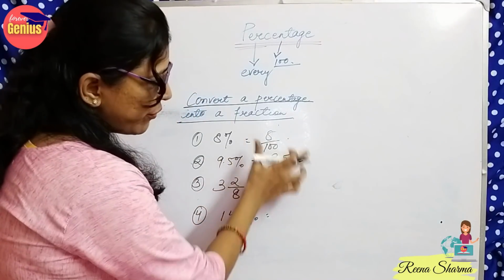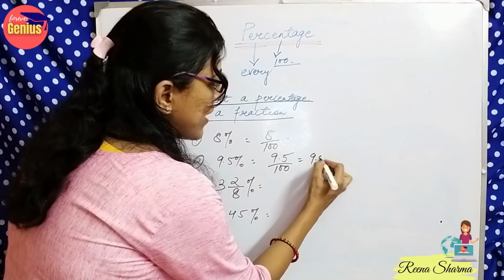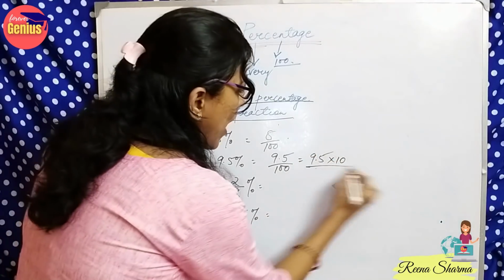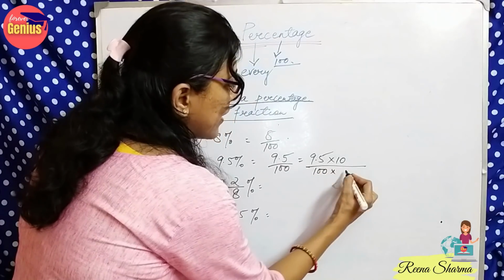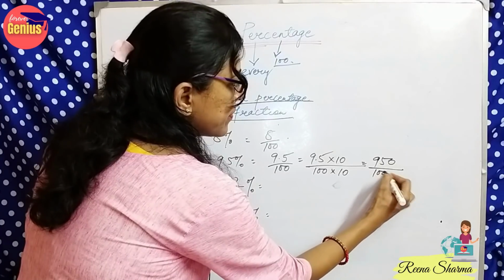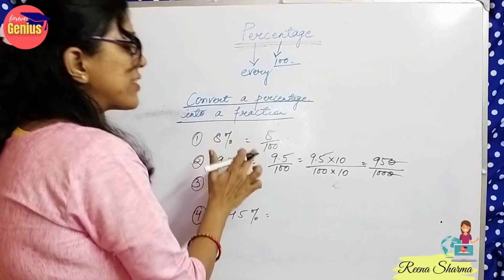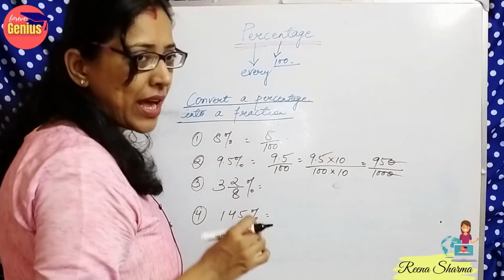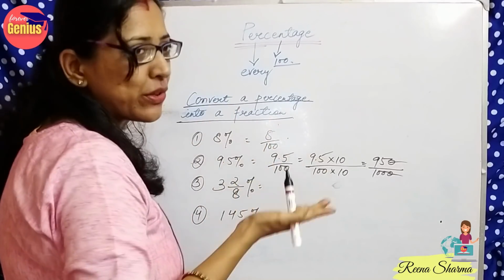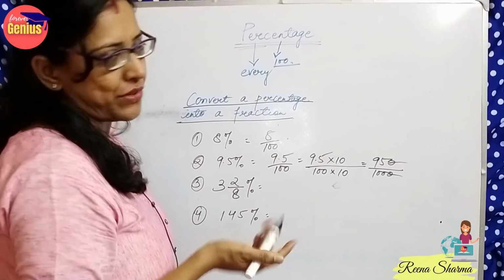If I want to remove the point, what can I do? After decimal there is one digit, so I will multiply 10 in the numerator. So I will multiply 10 in the denominator also. This will be equal to this. Now I can cut this 0. Now this is the answer. We can also reduce these terms to the simplest form. Means we can divide it with the table, reduce it to the simplest form. This we would be discussing in our coming videos.